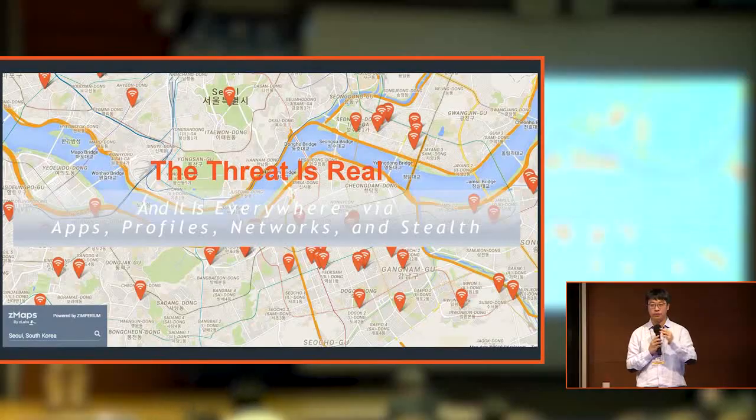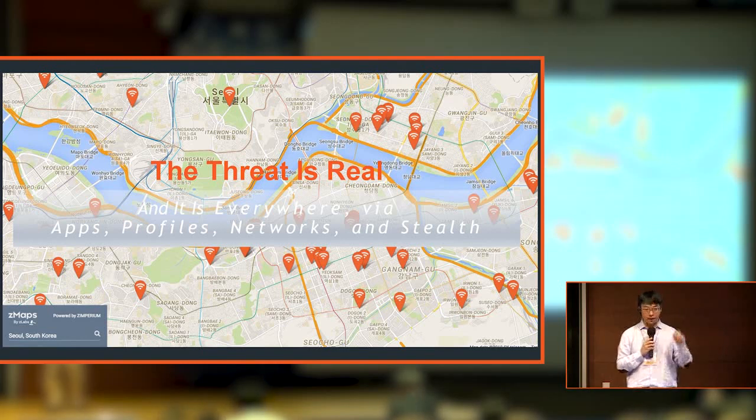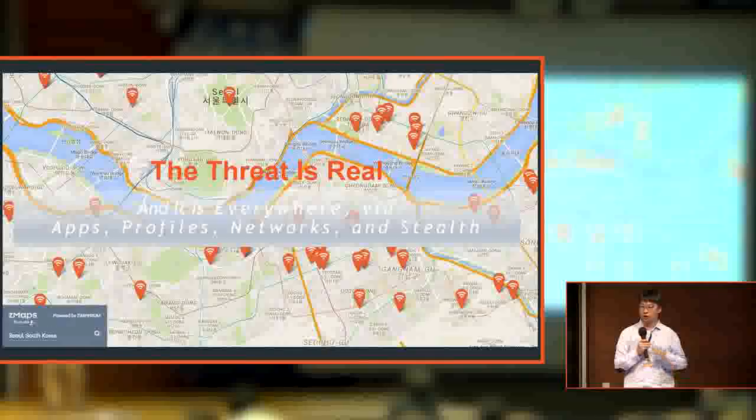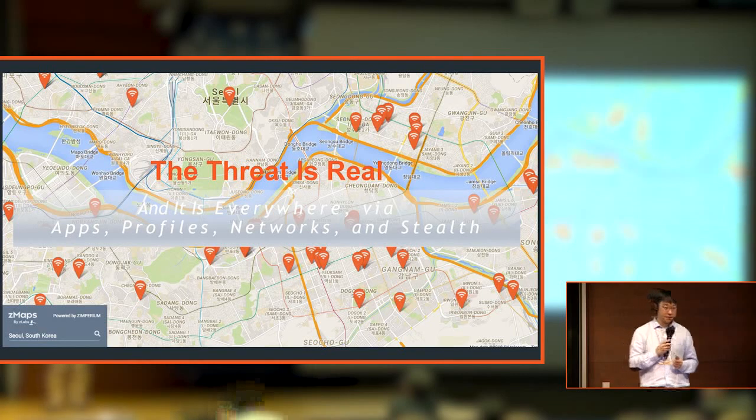Okay, so over the last 5 years, where we had the Zimperium solution, we collected many data points from the mobile devices. And this is a map of Seoul, and you can see every single red dot that you see here represents an attack that we detected and we notified the user. So in fact, on the application that we have here, if you turn on the phone, you'll be able to see all the free Wi-Fi, all the Wi-Fi networks that are not secure and that have been attacked in the past.